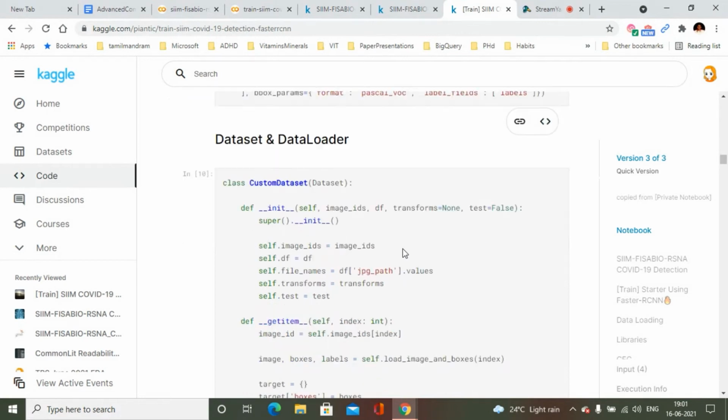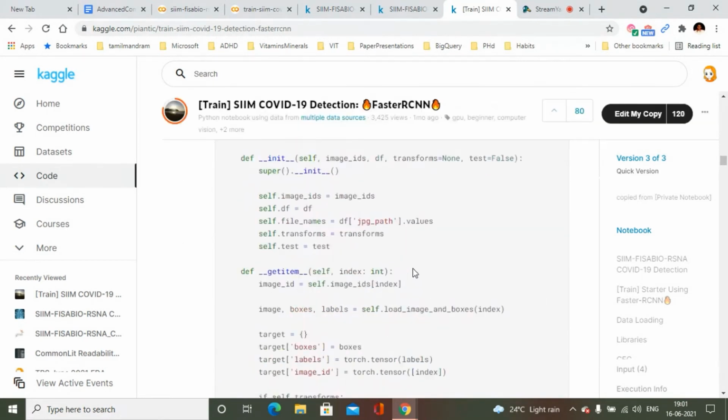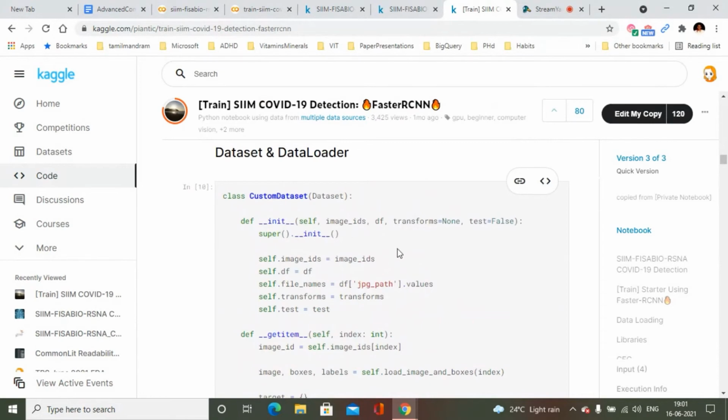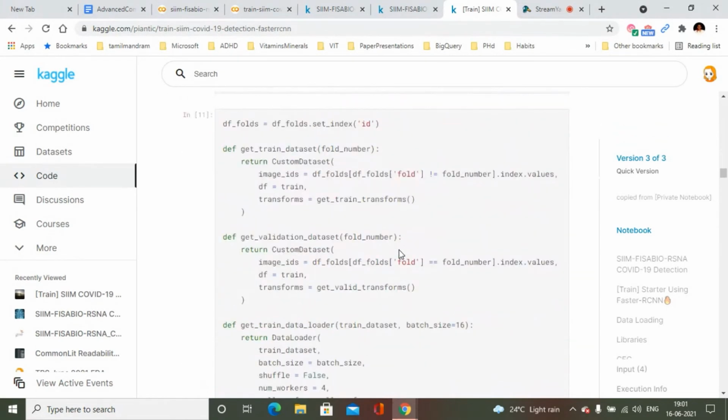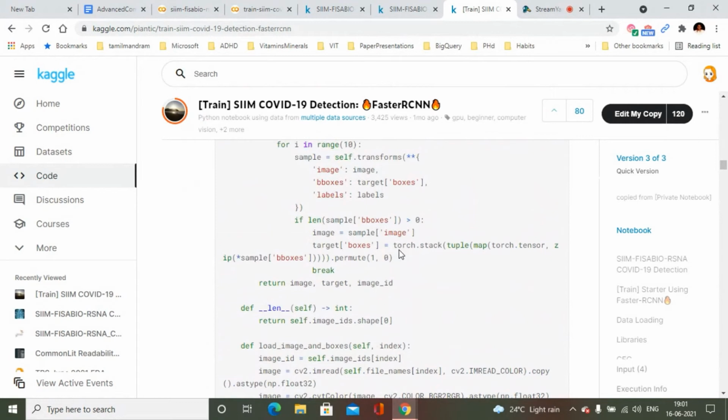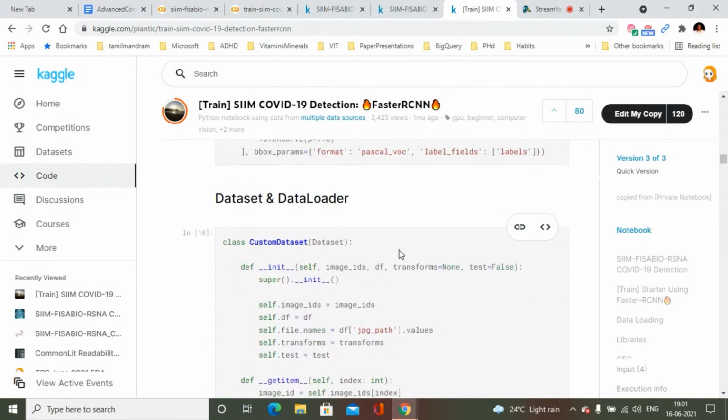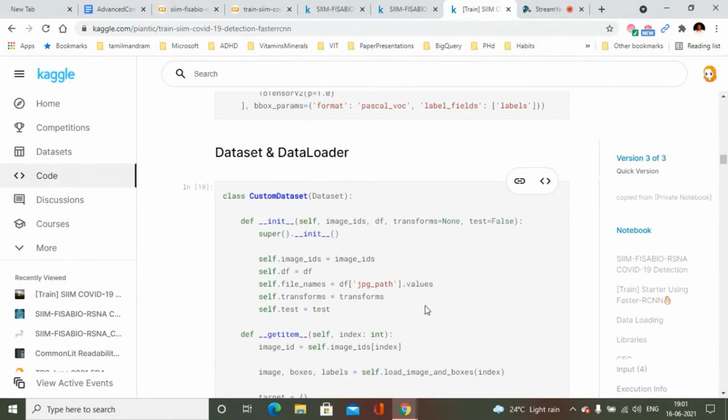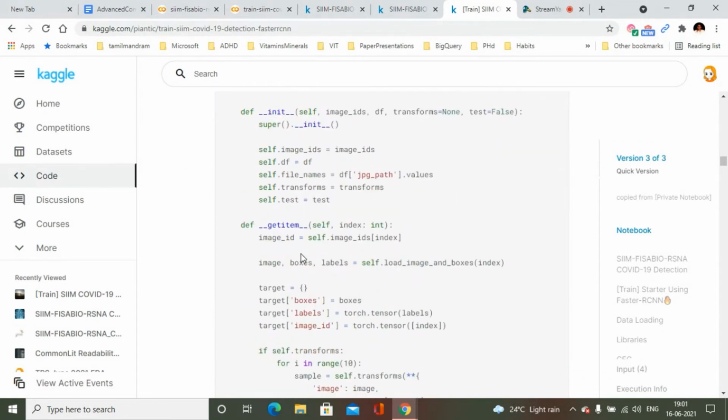So we're going to create a custom data set for this use case. This particular custom data set has several methods. First, an initialization method, where we'll be initializing all the transformations, all the file names, all the initializations will be done here. Get item, given an index, should be able to retrieve that particular item.